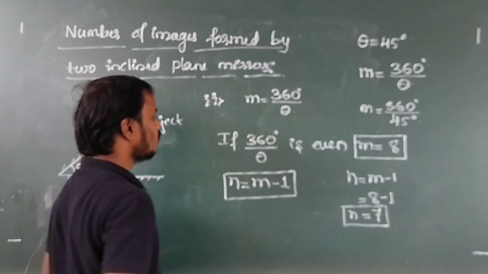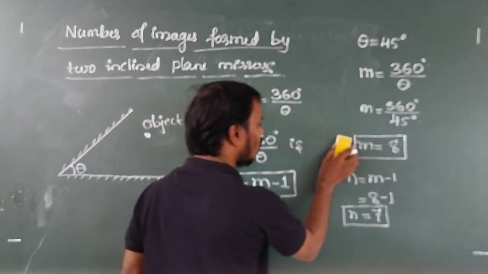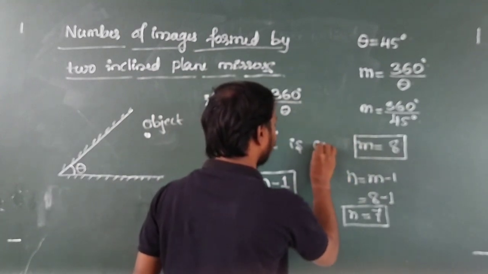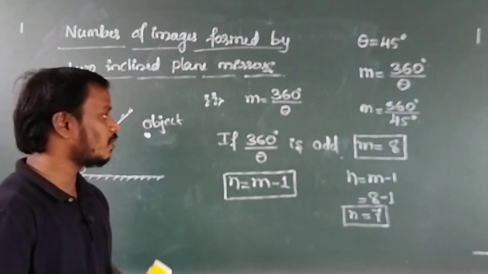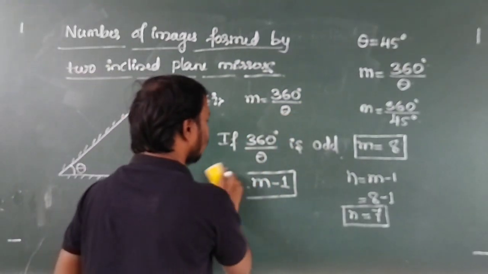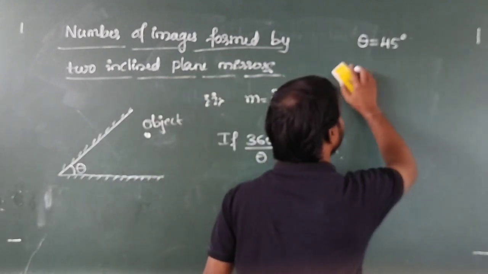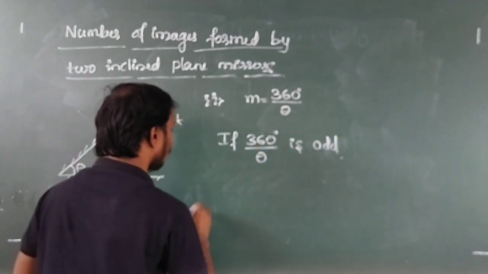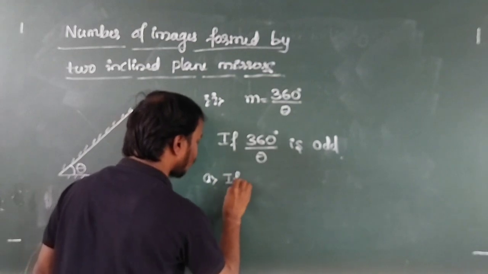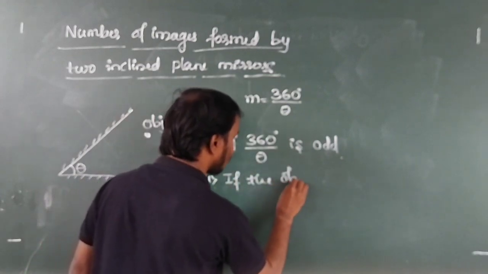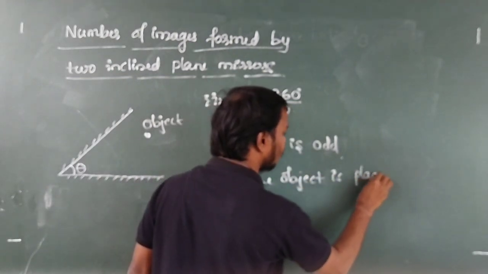Case number 2, if 360 degree divided by theta is an odd number, if it is odd, ಅದರ ಮತ್ತೆ ಎರಡು ಕೇಸ್ ಬರುತ್ತೆ. If the position of the object, or the object is placed symmetrically, again there are two sub cases. First one, if the object is placed symmetrically,